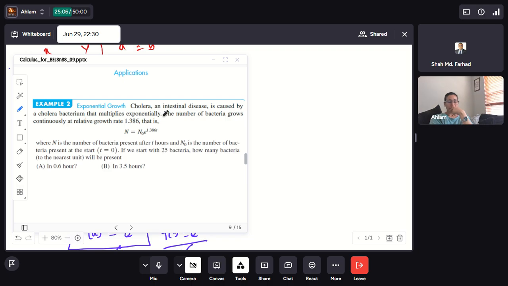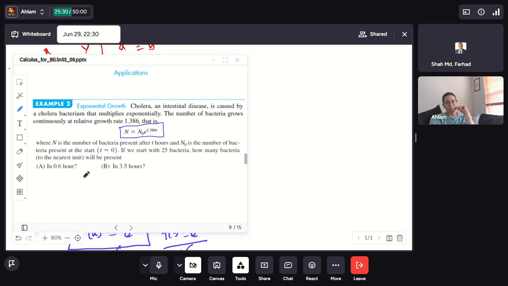That means the disease increases exponentially, and the function is defined by n equals n naught times e power 1.386 times t,